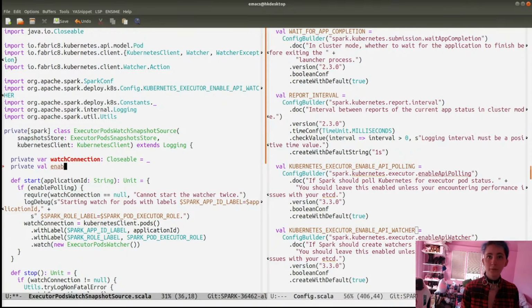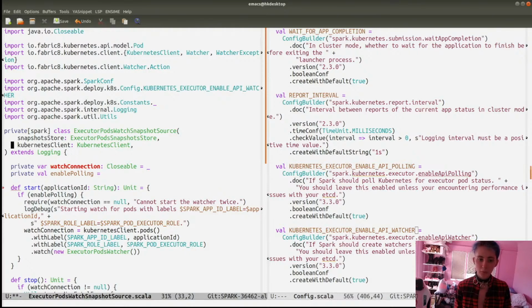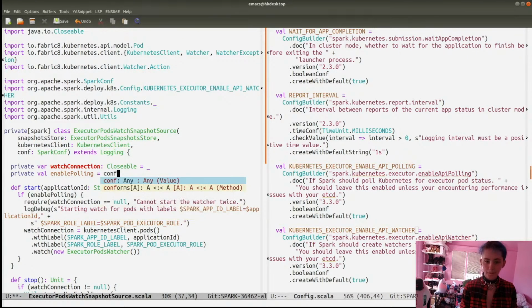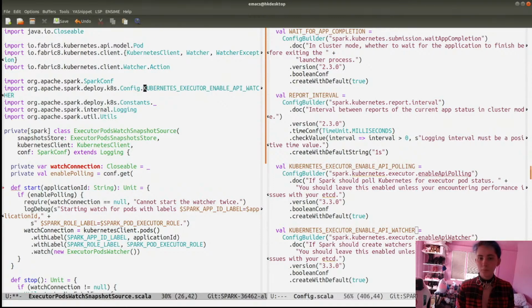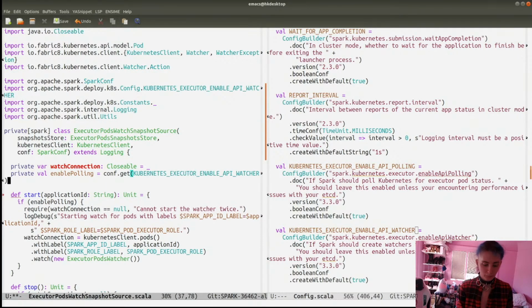Private val enable polling. Oh yeah, we also need to